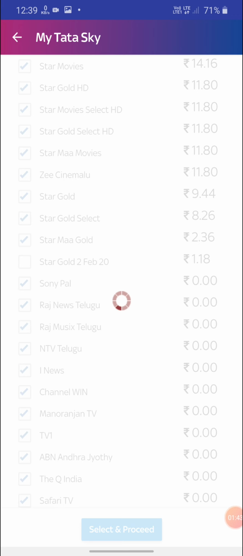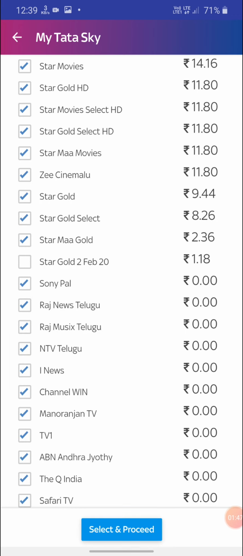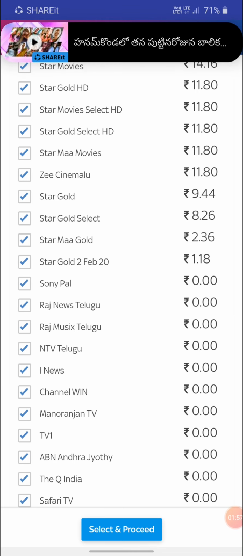Just wait. I'm just indicating that these are the channels I shift daily, so that the price of these won't be deducted from my account.